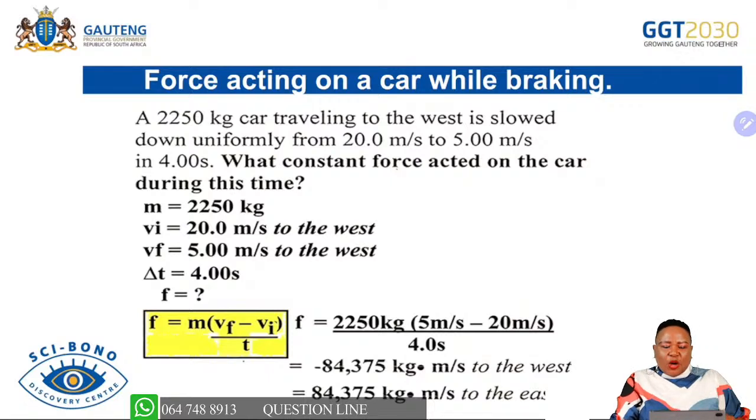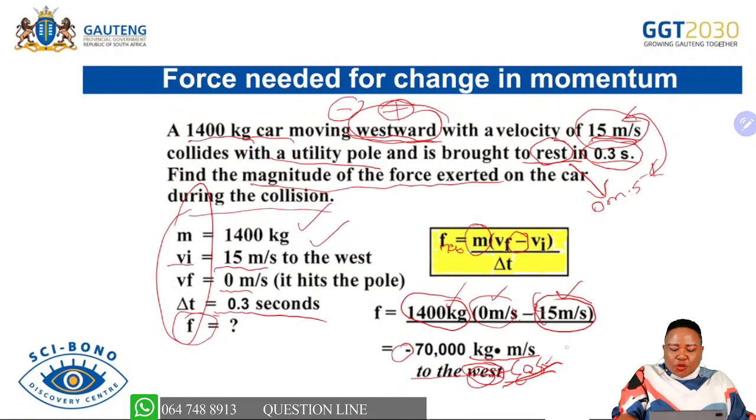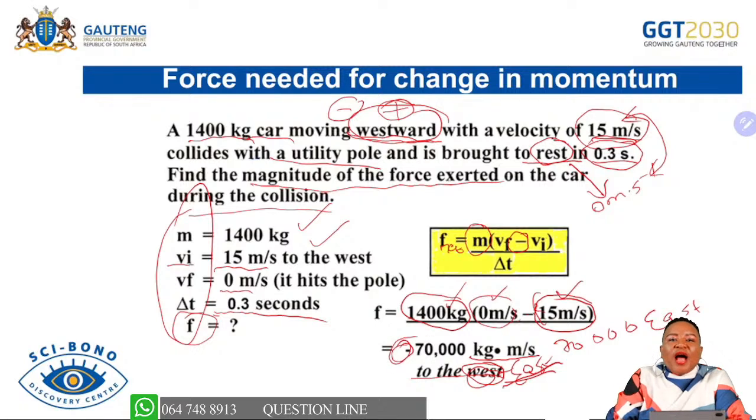Also, this one is another question on momentum. It's also a worked example where we look at how we calculate the net force. And I like it because they even said that if you are putting negative, you are saying west. But in physics, we are not encouraged to leave our answer as negative. We need to leave it as positive. So my answer was supposed to be 70,000, and then east.